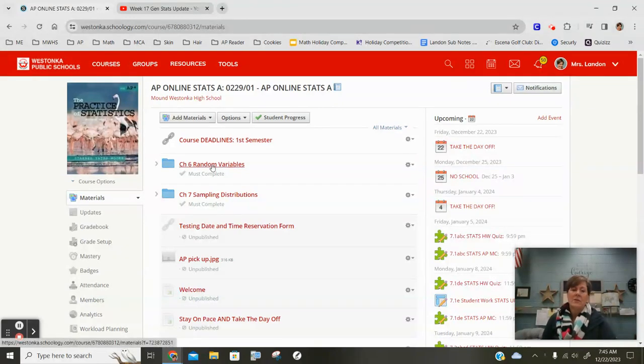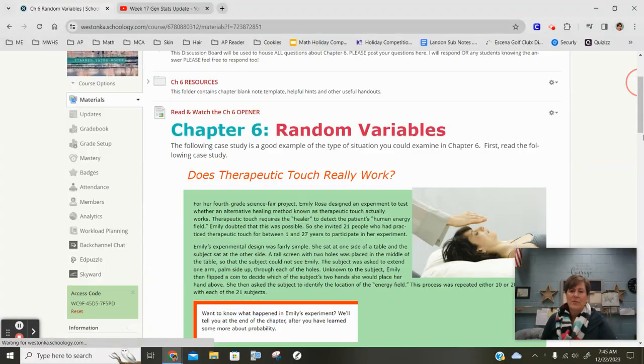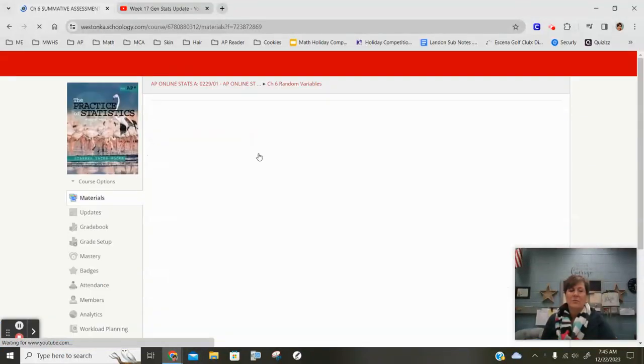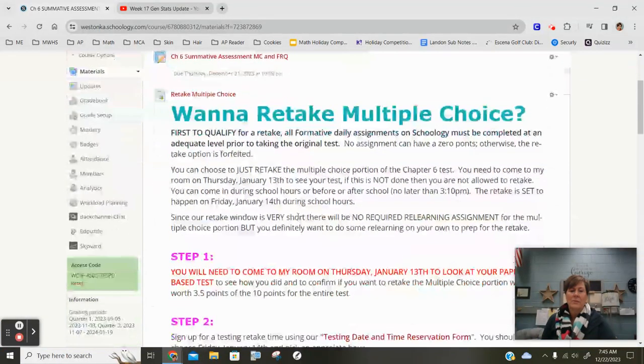In here, you have the option to actually go in and do your retake process. So again, if you haven't done one before, it's going to be inside the chapter folder. We'll talk about the particular relearning that you need to do. For multiple choice, you're going to have to come and look at your test and then analyze the various answers. For free response, you do want to look at your test and see what additional practice problems you should do that are listed in the front of your packet of Chapter 6. So just take a read at what it says in here for your relearning that you need to do and see me accordingly to get the help that you need to.